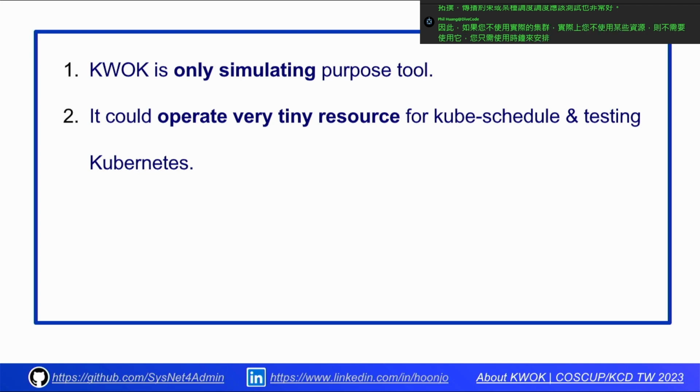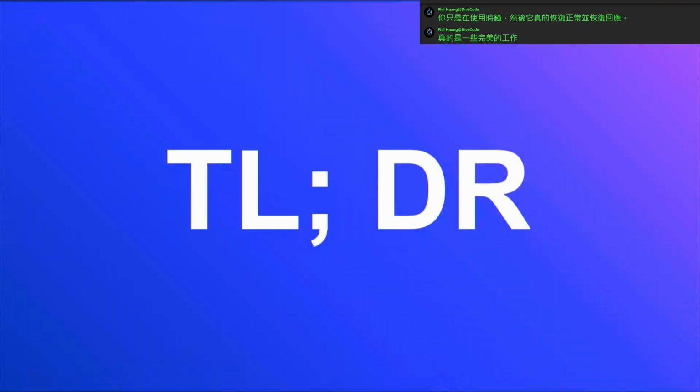So you just put it into your QA pipeline to test whether affinity or some scheduling is working perfectly. You are just using Kwok, and it gets back a response, really working perfectly, because previously